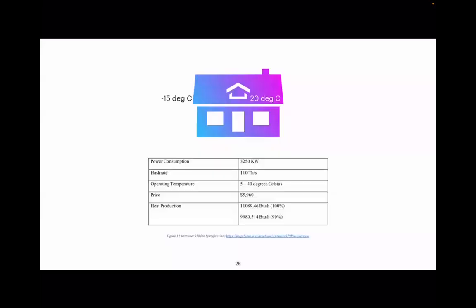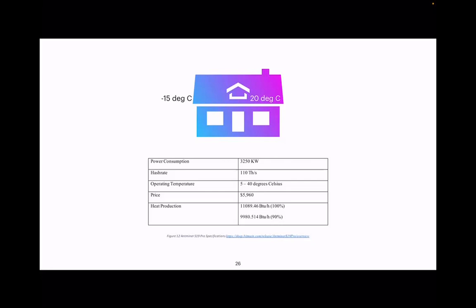So we took an example of a house. We had the dimensions, so it was 40 foot by 40, and we had the R values of the walls and of the roof and everything needed. So we assumed that the indoor temperature we wanted to maintain was 20 degrees Celsius, and the outdoor temperature was minus 15 degrees Celsius, which is pretty extreme. So we assumed it was in Finland, used the Finnish